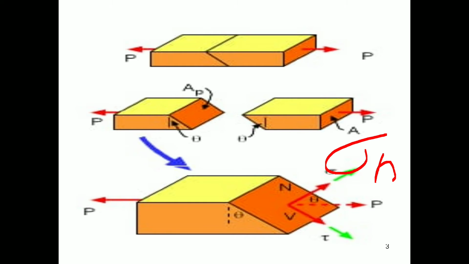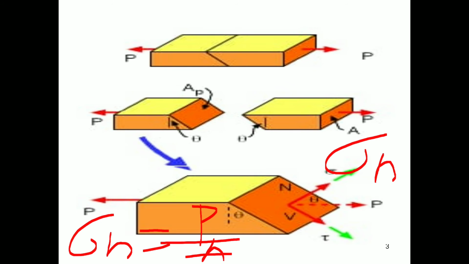Okay, so how to calculate the value of normal stress for an oblique plane? The same formula we are going to use, force upon area, but which area do we have to consider? The area of this oblique plane, that area we have to consider. But remember that it is in terms of theta because it makes an angle of theta with the vertical side of the member. That we are going to discuss in a coming video also.